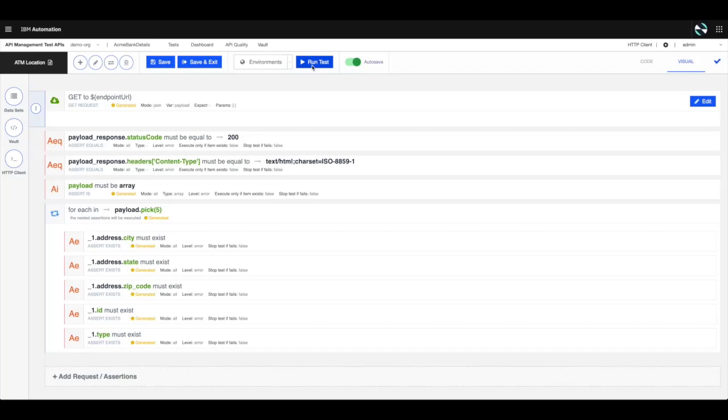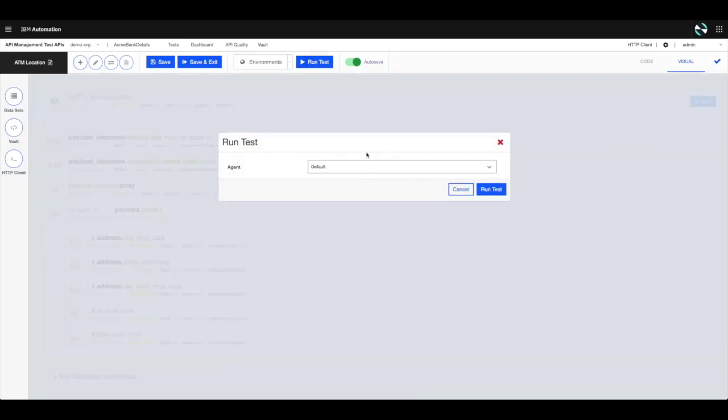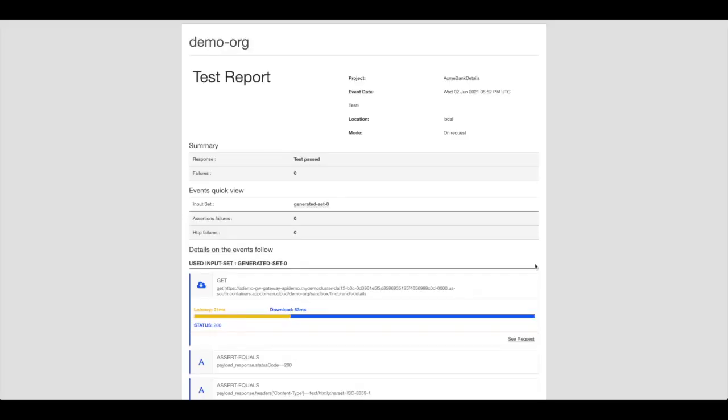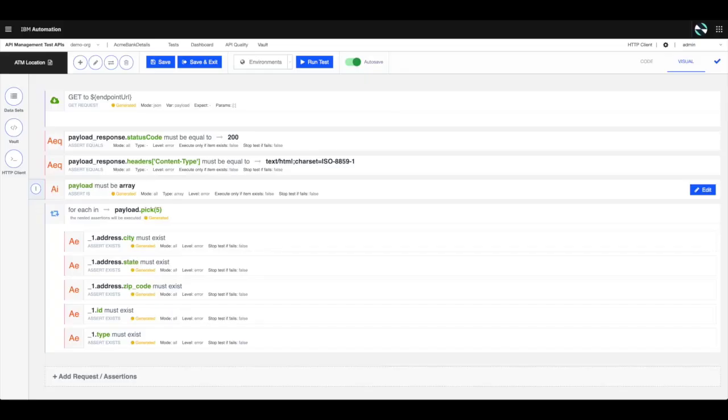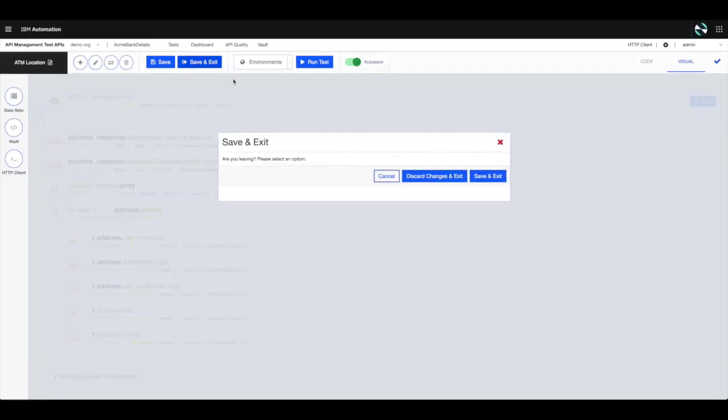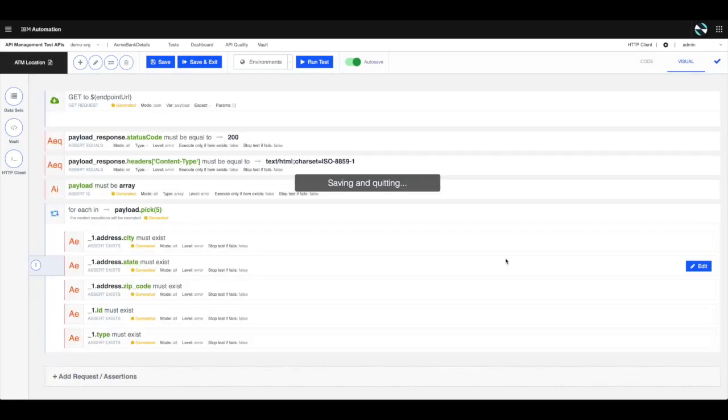As you can see, I'm purely using the UI here to make changes, which makes it easy for the devs and testers to modify or maintain the test cases as changes are done to the code. So my test has passed, and I feel confident with my test case. So I'm going to save this test case,